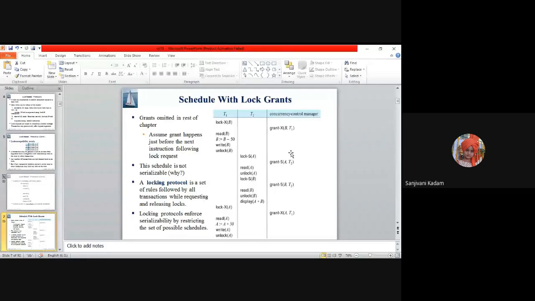Isolation means that simultaneously only one transaction performs operations on that data item, in a mutually exclusive manner. So this forces serializability. It restricts schedules from simultaneous access, and hence achieves serializability, one after the other.